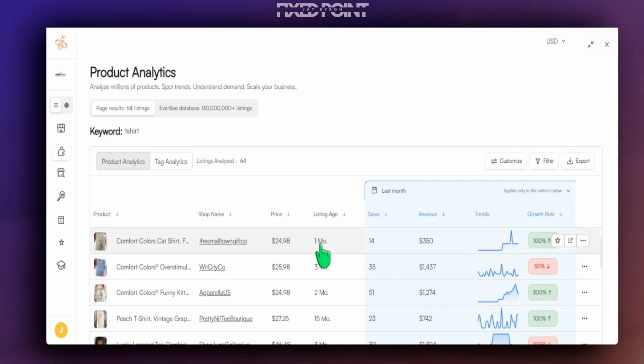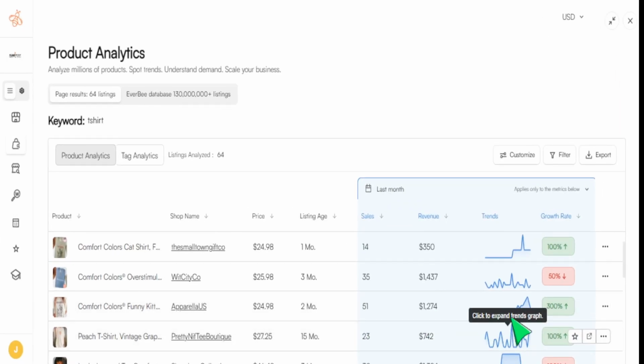Like this one here has only been around for a month, but we can see it's definitely peaking in sales as we have 100% growth rate. And this one here has been around for 2 months, 51 sales already in the last 30 days, but we can see the growth rate is extremely high at 300%. So it's definitely increasing with sales, something we would definitely want to target, redesign, and bring something new into the